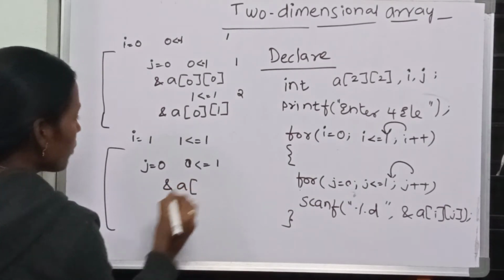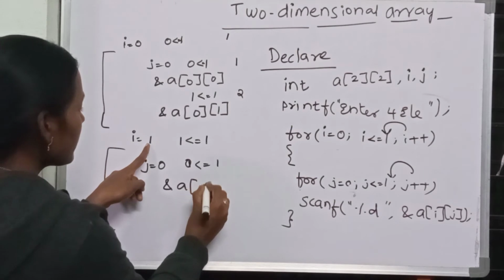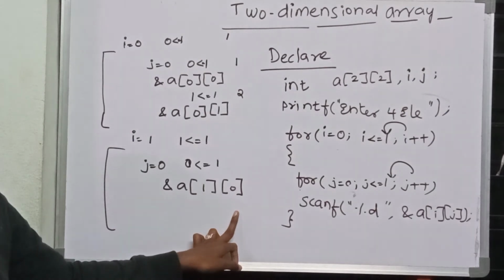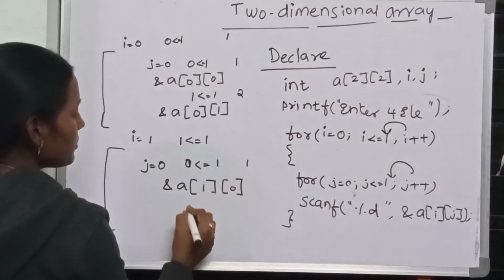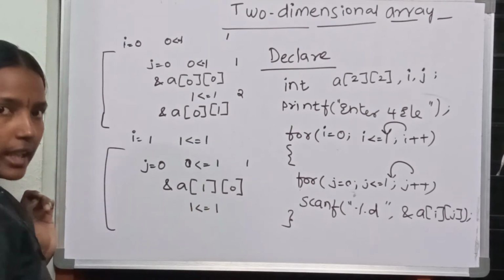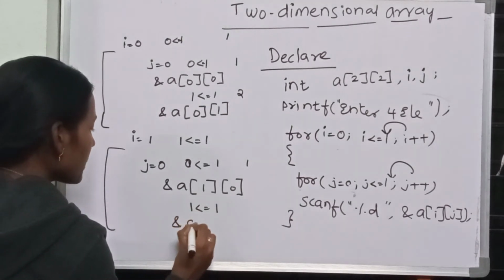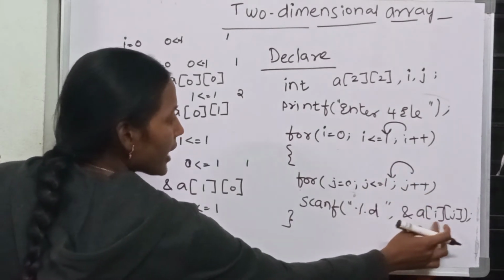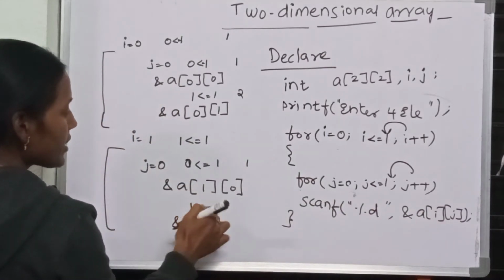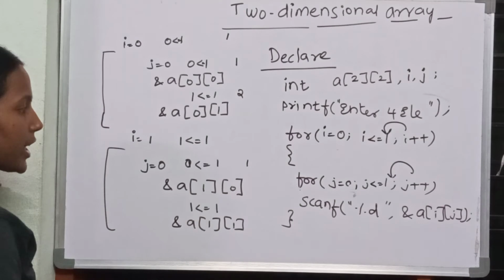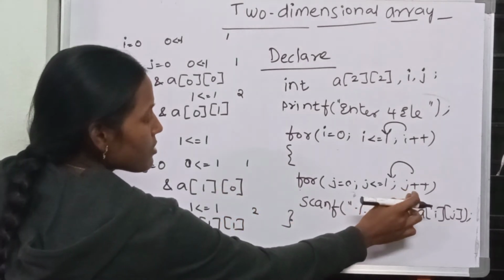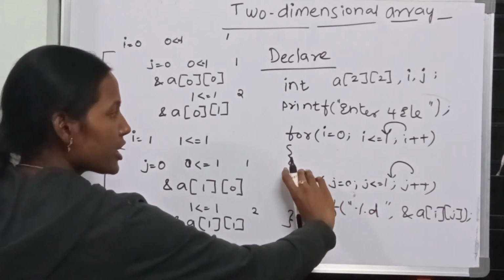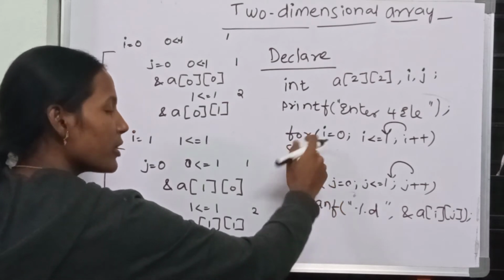So what is the value of i? Now the value of i is 1. The value of j is 0. That means the first row, 0 column value is accepted. Next j becomes 1. Is 1 less than or equal to 1? The condition is true. If the condition is true, what are you accepting? Accept the value into a of i, j. i is also 1 and j is also 1. Right? Next j becomes what? 2. Is 2 less than or equal to 1? No. The condition is wrong, so it never enters this block. So all the statements are over for the outer for loop.